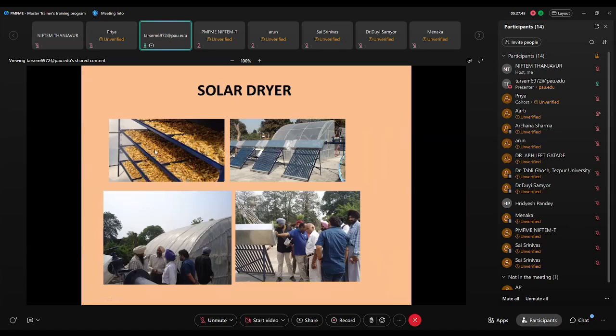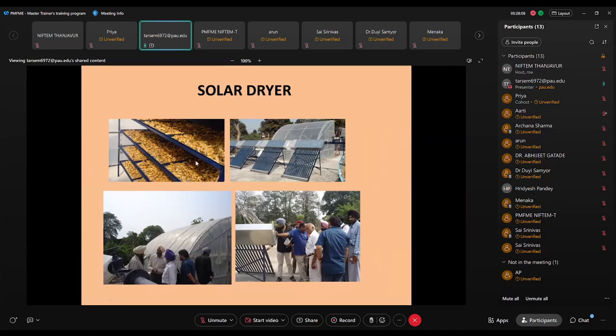Many farmers have installed this type of solar dryer at their enterprises, in their industries, or at the field farm level. These dryers, as you can see, are quite effective